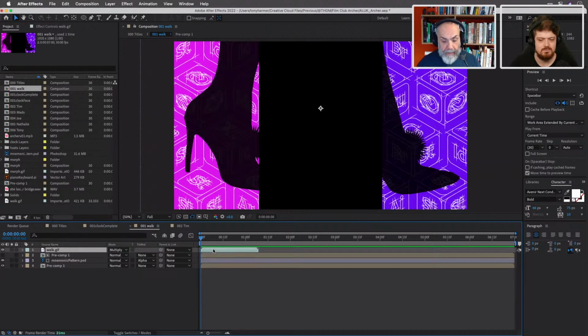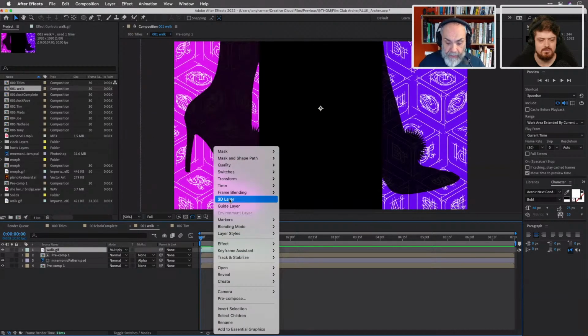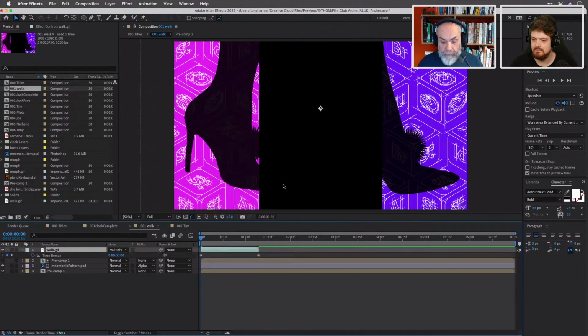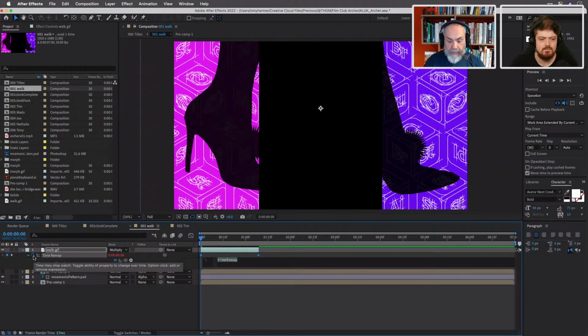So what I'm going to do is right click on here and go to time and choose to enable time remapping. Then I'm going to go to the stopwatch here. I'm going to hold down Alt or Option and click on that so that I can put in an expression for this. And I'm just going to type L, which gives me last. If I go O, then I've got local. If I do O again, I've got look at, and do P, then I've got loop, which is what I'm after. And I'm after loop out.